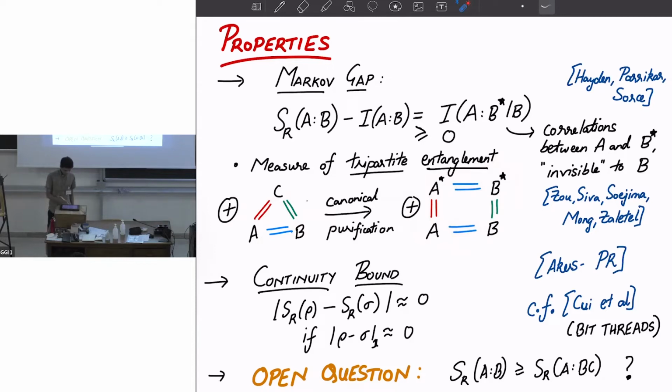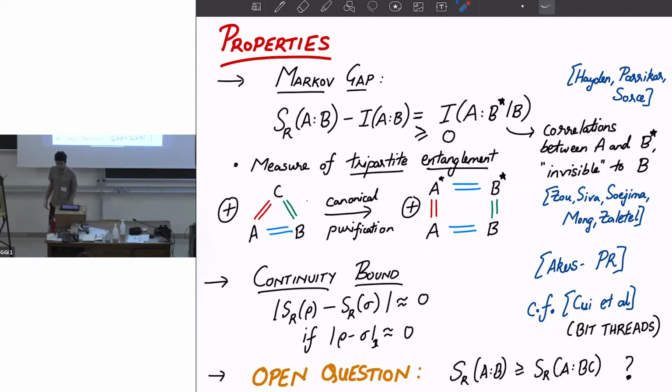In this picture, it's quite clear that the correlations between A and B star are mediated via B. So there's no conditional mutual information, and so every such bipartite state would have 0 Markov gap. So the existence of this Markov gap tells you that there should be some sort of tripartite entanglement structure. There should be some non-trivial kind of